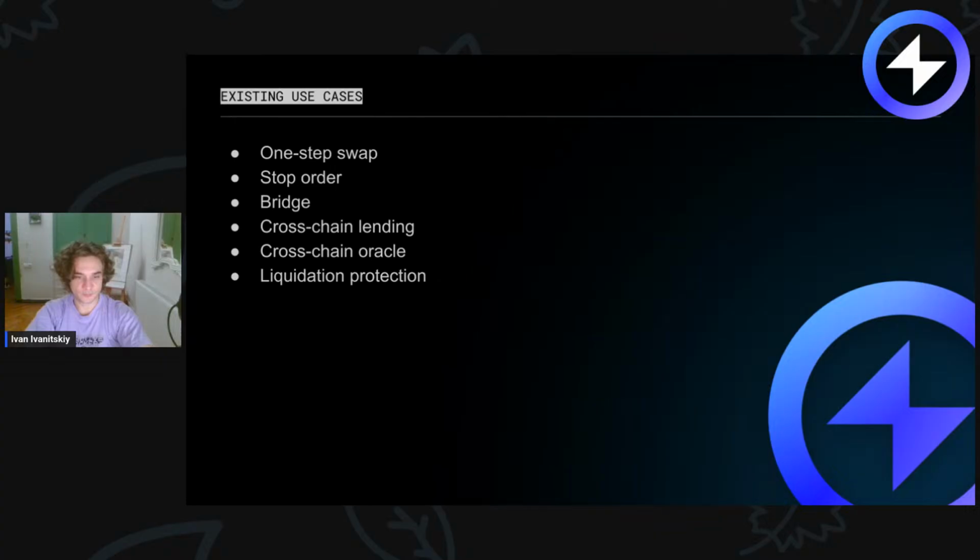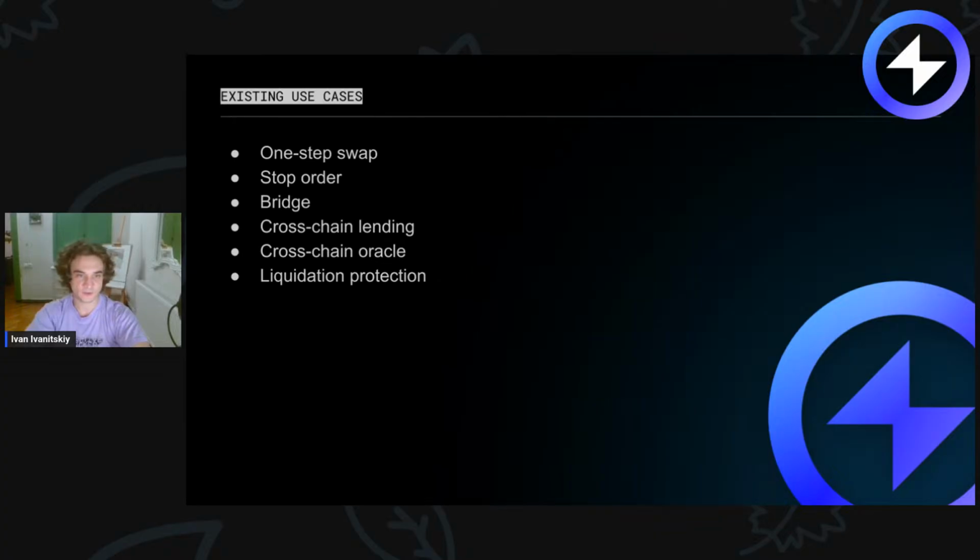Okay, so to put it in the context of practicality, let me mention some examples. One of the examples is one-step swap, where you can replace the traditional two-step swap, where you need to approve the funds first, and then you do the actual swap. So you need to sign several transactions in your MetaMask. You can automate this process so that the user will need to sign only one transaction, the approve transaction. They will approve the funds to be spent by our special callback contract, and then all the rest will be done automatically